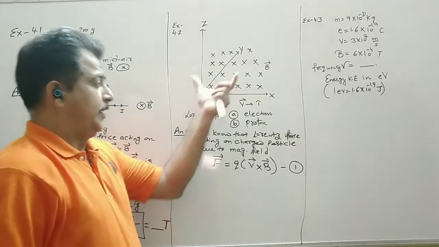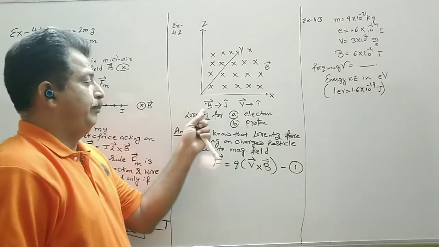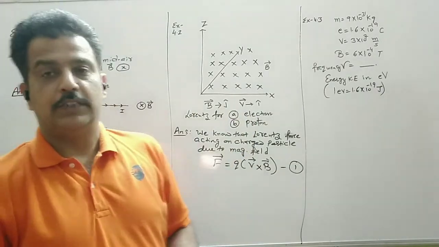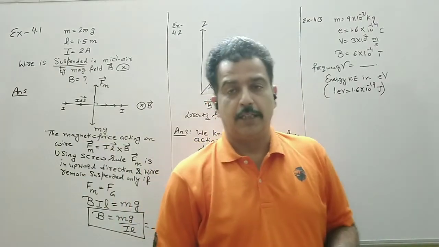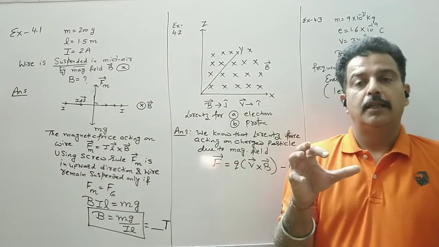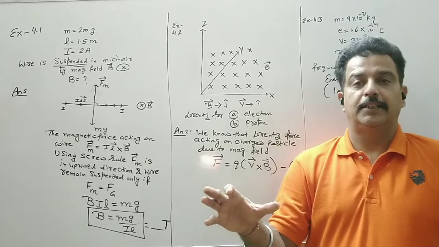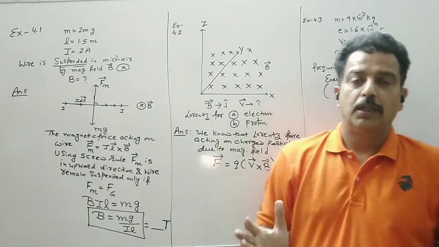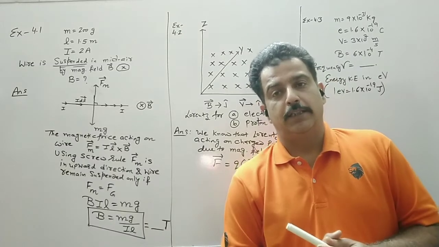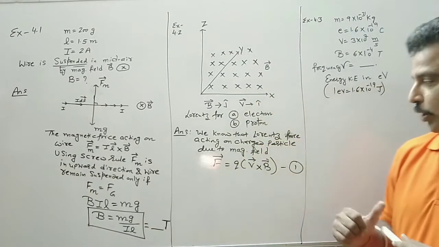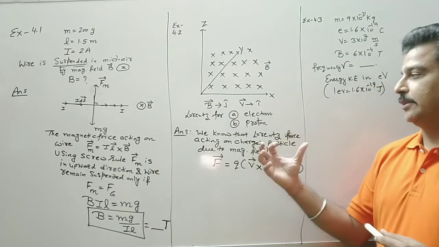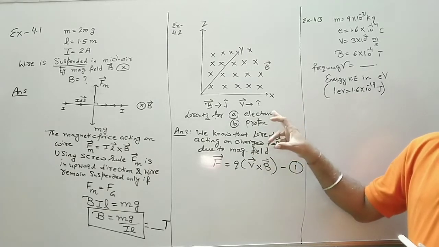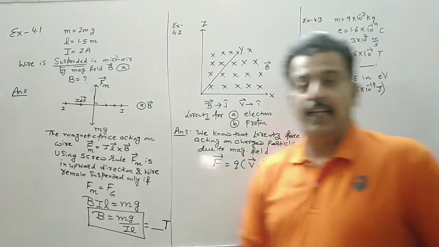Now clearly in the question, B, that is the magnetic field, and the velocity are perpendicular to each other. So in this situation, the angle is 90, sin 90 is 1, so the maximum force will act, and if these two quantities are perpendicular, the path will be circular, that we know. But the question is, we have to simply find out the direction of the force acting on an electron.